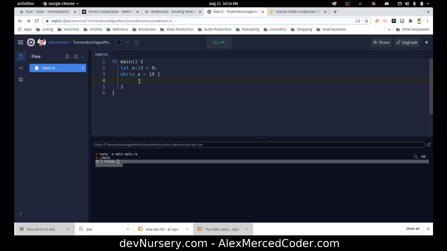So while x is less than 10, what we're going to do is print. Again, we just have to do the whole interpolation thing. So that's the placeholder, that's the variable we want to print in that placeholder. And we need a semicolon at the end of that statement. Compiled languages always love those semicolons. Except Go, I don't think in Go I have to do semicolons. I have to go revisit Go. Print,